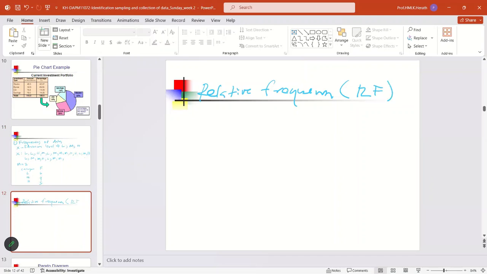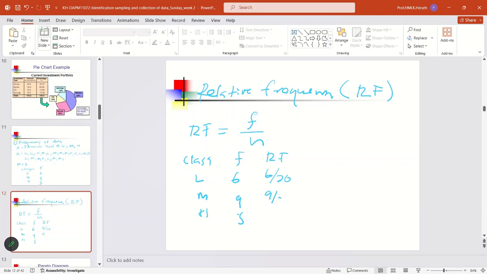Relative frequency equals frequency divided by n. Then in our data class, we have low, medium, and high. So we have reported frequencies 6, 9, and 5. Relative frequency is 6 divided by 20, the total is 20, right? And 9 divided by 20 and 5 divided by 20. So this equals,